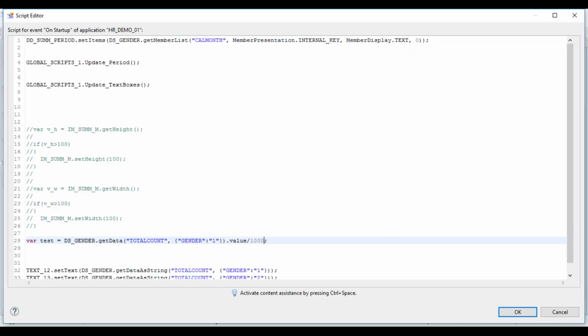So we are doing the manipulation here. Then we need to convert this into text, because right now this is a number.